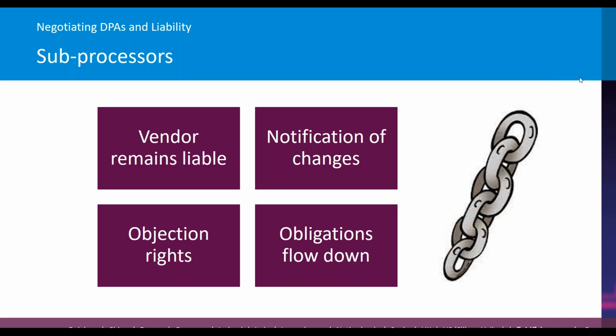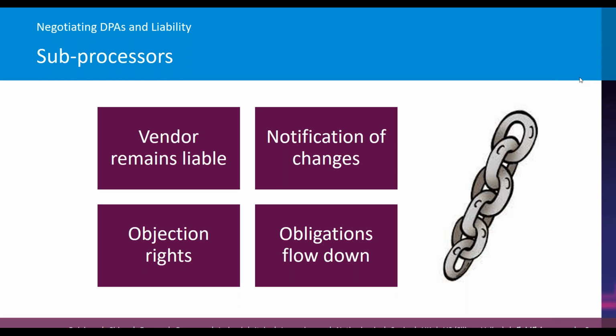Now, related to that is notification of changes to sub-processors and your ability to object. This stems from the GDPR. So sometimes in the DPA, the vendor will only afford you those rights if the data is subject to the GDPR. But increasingly, we're seeing customers push for that on a global scale to say, look, it doesn't matter where the data is from or what law it's subject to. You need to notify us if you're making any changes, and we should have the right to object and say, no, we don't think you should engage that sub-processor. You need to make alternative arrangements.